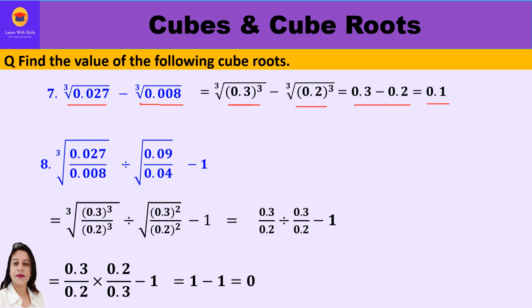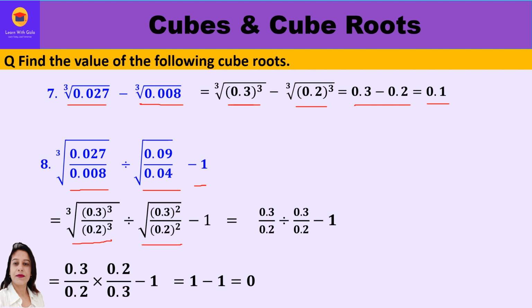Now 8th part, the cube root of 0.027 upon 0.008 divided by the square root of 0.09 upon 0.04, minus 1. So this is the question, right? So first of all, let us solve the cube root part. 27 is 3 cube and 8 is 2 cube. There are 3 decimal places, so we shall write the cube root of 0.3 cube upon 0.2 cube divided by, now